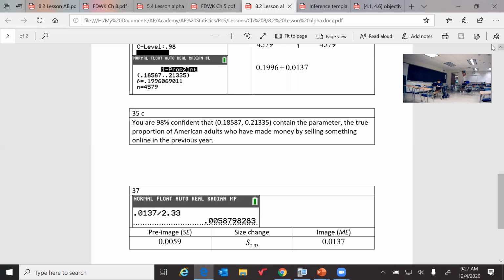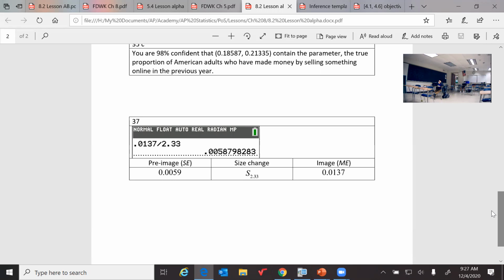The standard error means the standard deviation of a statistic. We're just going to do a size change. The 1.37 was 2.33 steps. So we divide by 2.33, and this is telling us here the standard error would be 0.006. That make sense? The standard error is 1 step, left or right. The margin of error is after you do a size change of that step that reflects what confidence level you want. So